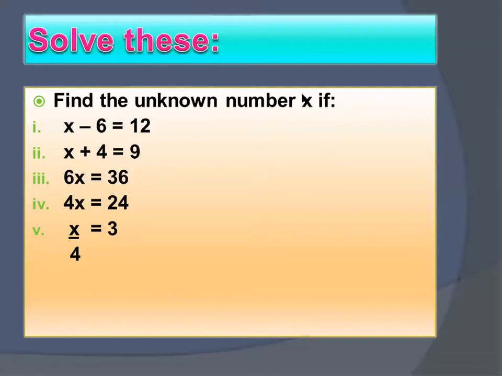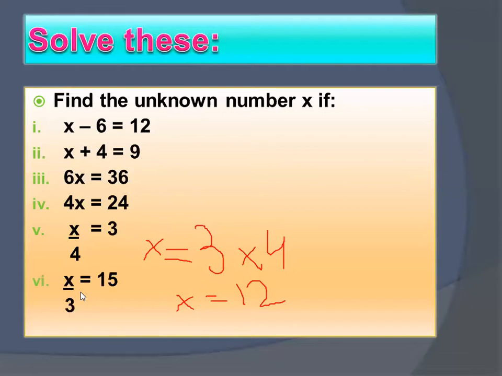Okay, now what you have to do here, listen. Here you have divided by 4 now. 4 is dividing here, so on the right side it will be multiplied. So x is equals to what? 3 multiplied by 4. यहाँ 4 divide हो रहा है तो वहाँ जाके multiply होगा. So x is equals to 3 multiplied by 4. It will become 12. That's it. Okay, now move on to the next question.